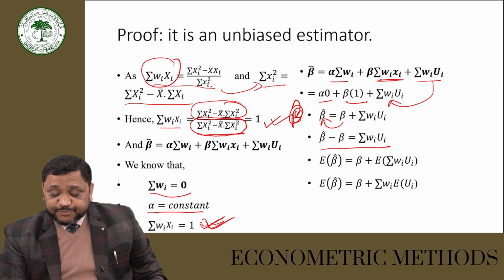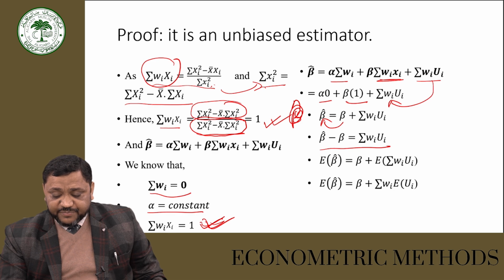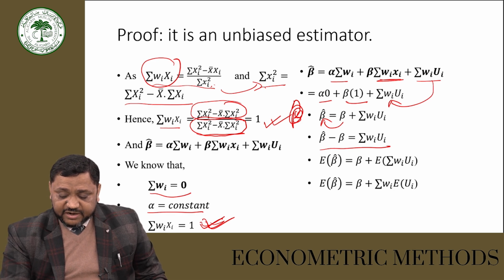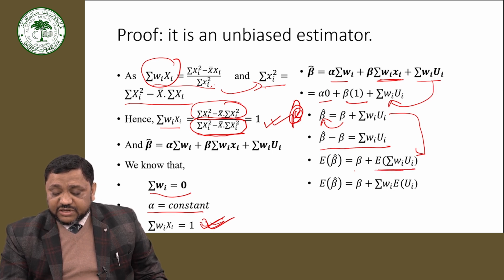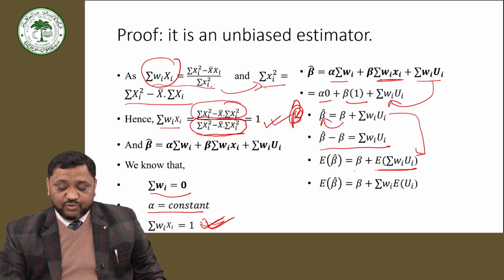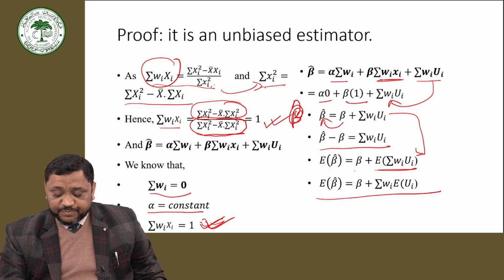Now we take the expected value. Expected value of beta hat is equal to beta, because the expected value of beta will be beta, plus expected value of summation wi ui. So we can write that expected value of beta hat is equal to beta plus summation wi expected value of ui. We just rearrange the terms, and